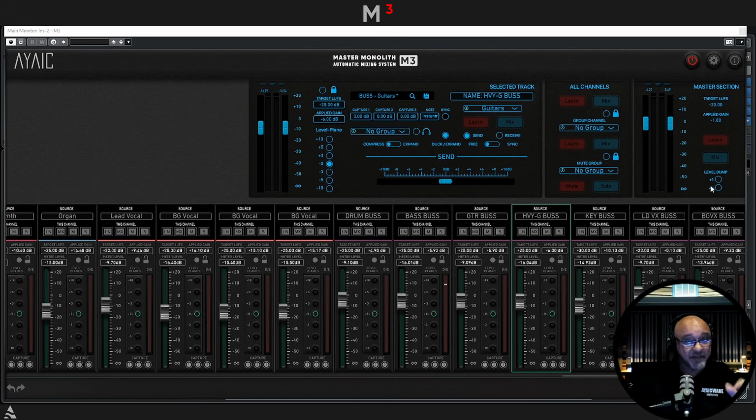Now for the level bump feature here in the master section, I've changed to another song that has choruses, because I want to show you this feature and how inflating the important parts of your song, your chorus, bridge, whatever, makes a difference, either by half a dB or 1 dB. Now this song has no reverbs on the drums, because I'm going to be using it in a video